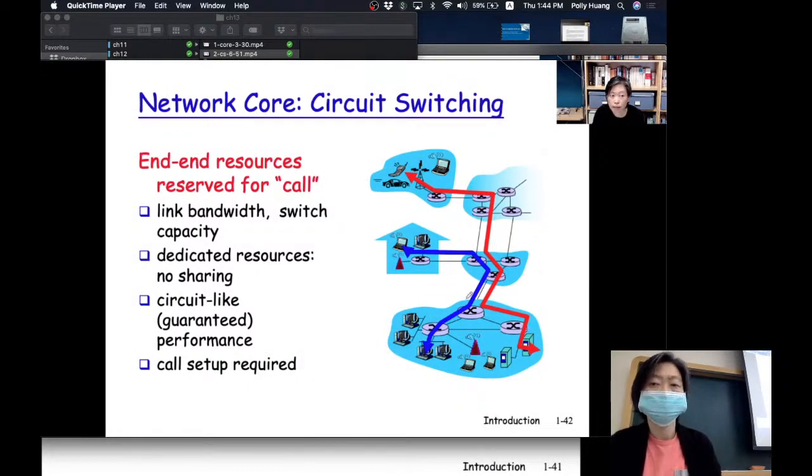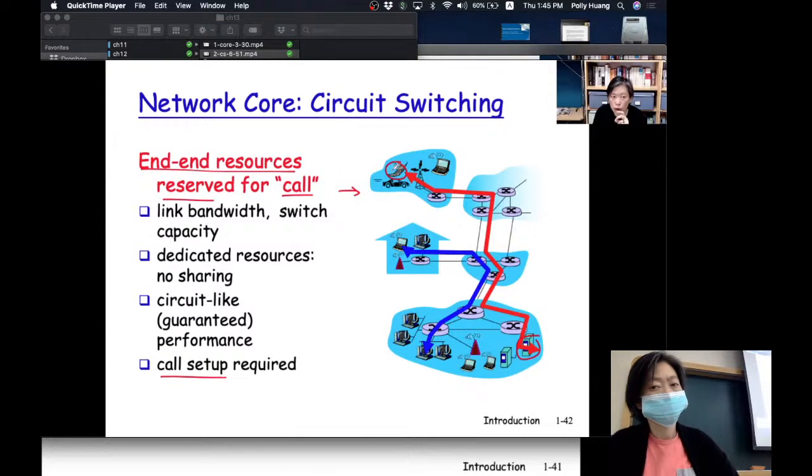Now let me elaborate on circuit switching a little bit more. This is the familiar network. But this time we see on the network there are 2 circuits. The red circuit connects this end to this other end. Similarly for the blue one. And to establish such a red circuit, which is also sometimes called a call, the time it takes to set up such a call or such a circuit is also called the call setup time. And the reason I need to mention that term is because that takes time,